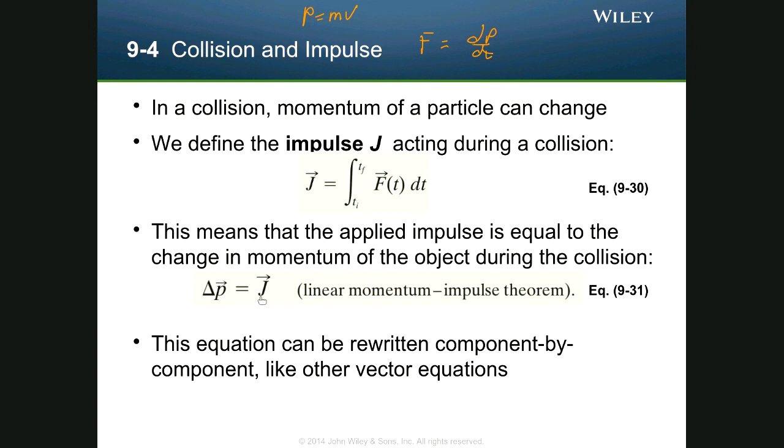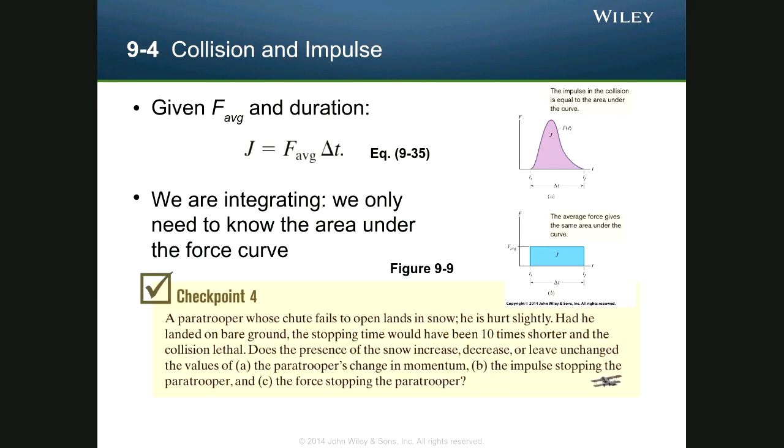okay? And we could come up with a simpler expression for our impulse by looking not at the complicated function to integrate over, but at the average force. If we can come up with an easier average force while maintaining the same area under the curve, then the impulse will just be equal to F average times delta t, base times height, the area under the curve. And that'll give you the same thing. Keep in mind that the collision happens between the initial time and the final time, and as long as the area under the curve is the same,